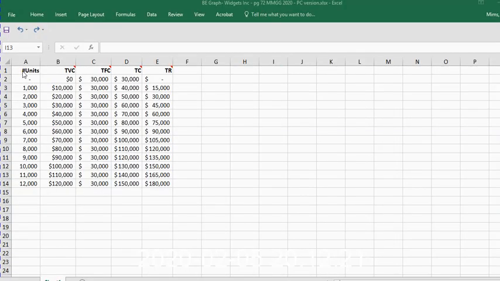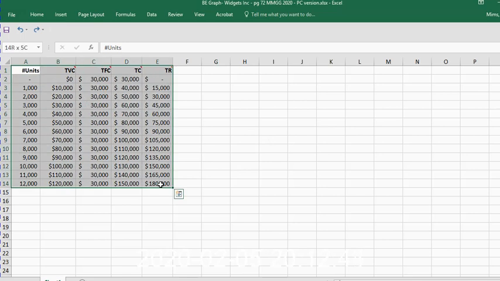Okay, so now we're going to start using this data we created to generate a chart, a graph, a break-even graph. I'm going to start here in A1, using my Shift key, and highlight, or select, this entire area, which is the more proper word. Once I have all of this data, including the headers, selected,